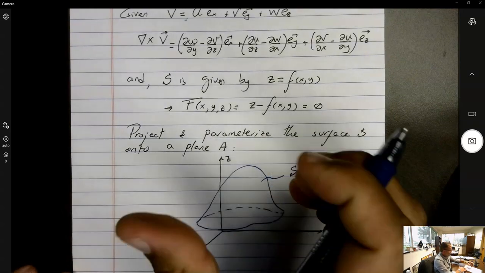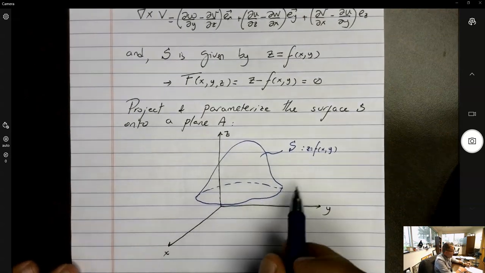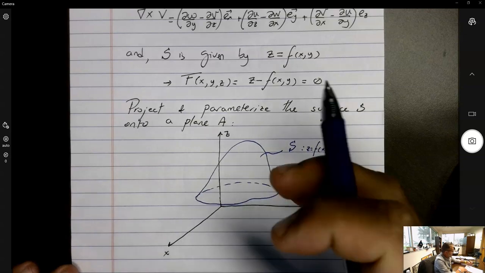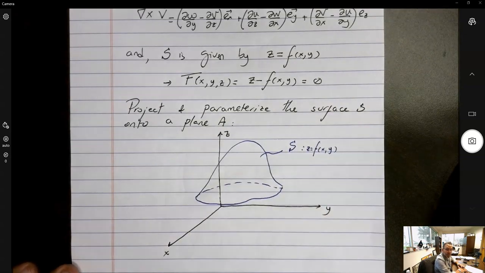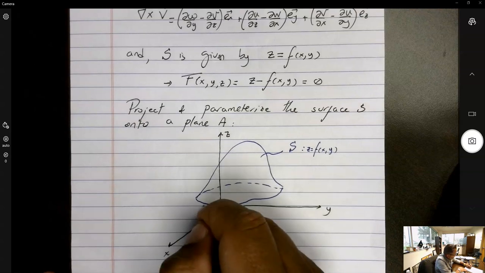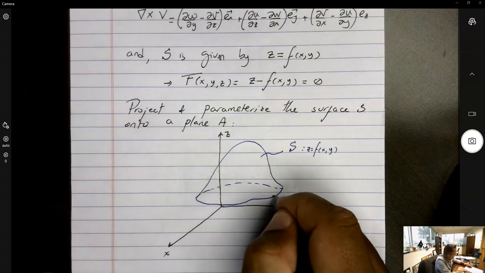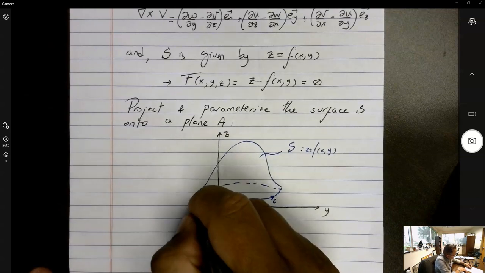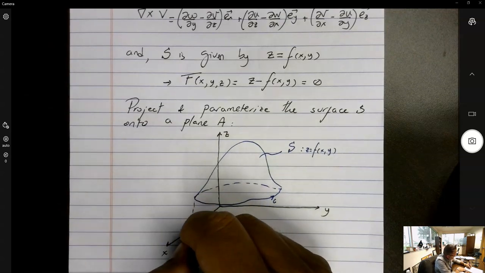which, by the way, we can also rotate, and for example, we can have a function y equals f of x and z. So it would be a surface defined along the y direction, or for which we could parameterize along the y direction. So this process applies the same exact way. And this is the curve C. So then this shape,